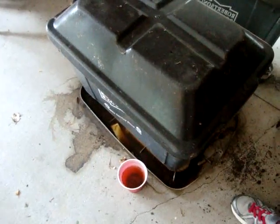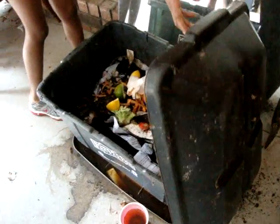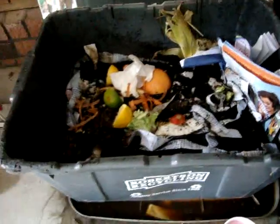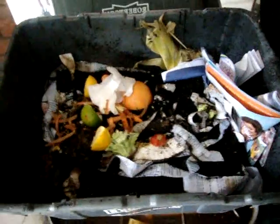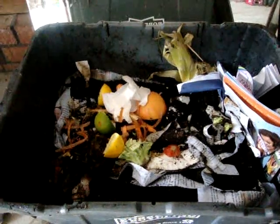This is our worm barrel. And I should have given you a warning because this can be kind of gross. But you want to lift it up? This is where we put all of our table scraps, and we got a load of fruit flies, which is why I have this cup of apple cider vinegar to kind of control that. Because it's out here in the garage, and the garage is next to the kitchen, and you can do the math. So I put a little bit of organic soil in there to kind of give the worms a familiar